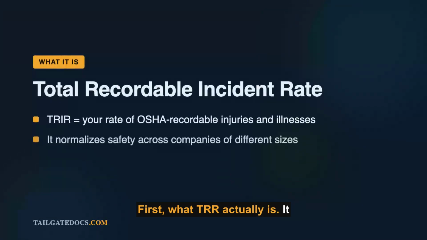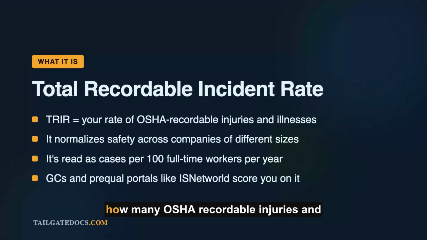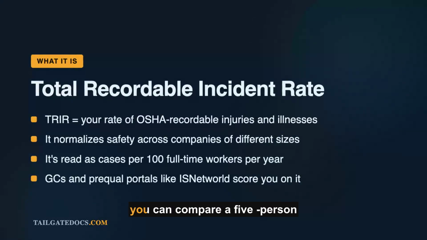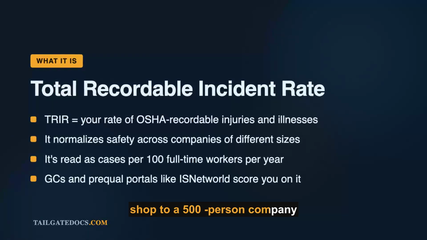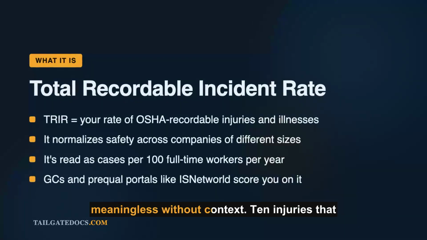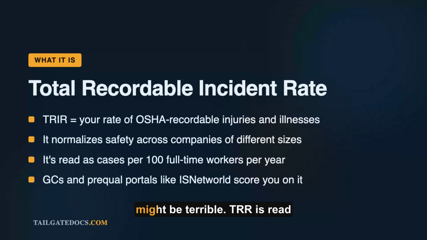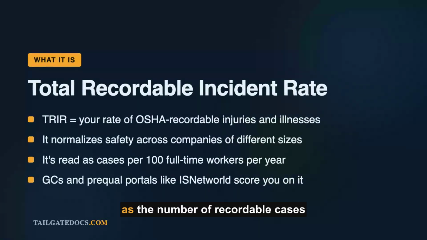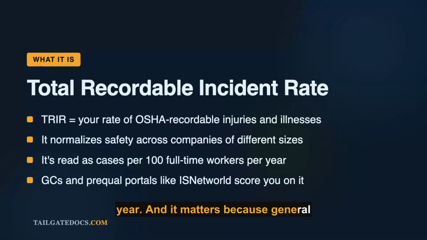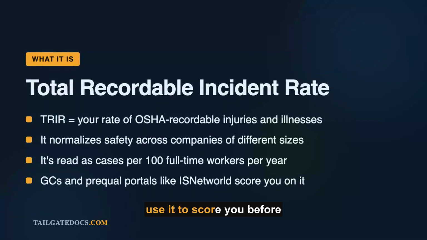First, what TRIR actually is. It stands for Total Recordable Incident Rate, and it is a measure of how many OSHA recordable injuries and illnesses your company had, normalized, so you can compare a 5-person shop to a 500-person company fairly. The whole point of normalizing is that raw injury counts are meaningless without context. 10 injuries at a huge company might be excellent, and 2 at a tiny one might be terrible. TRIR is read as the number of recordable cases per 100 full-time workers per year. And it matters because general contractors and prequalification portals like ISNetWorld use it to score you before they let you